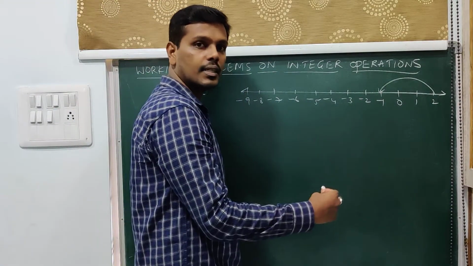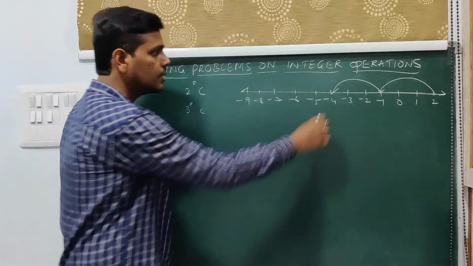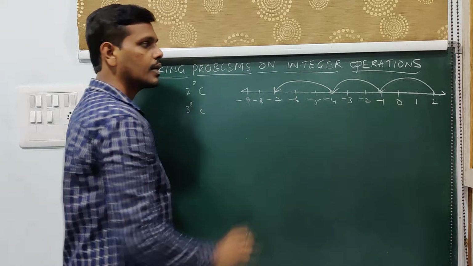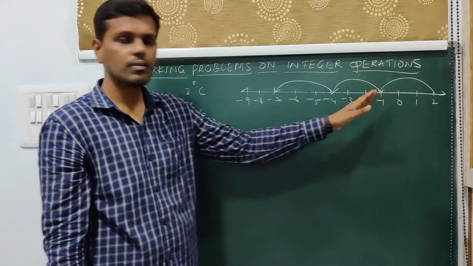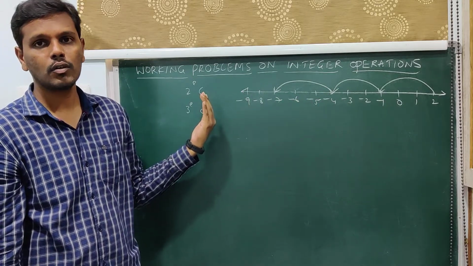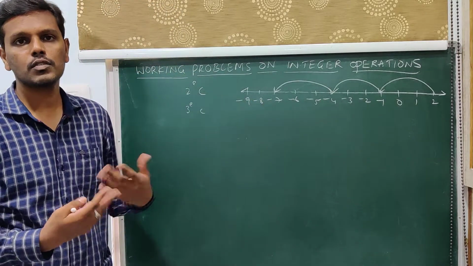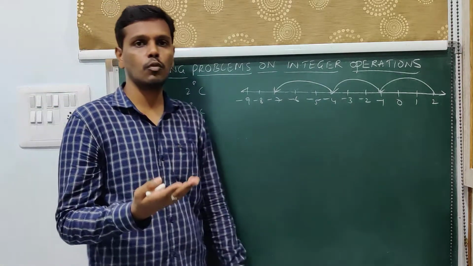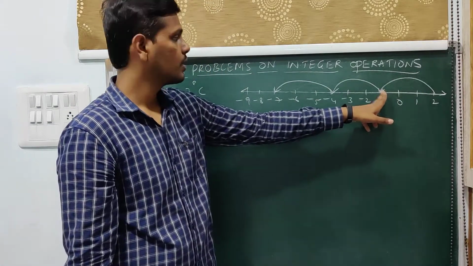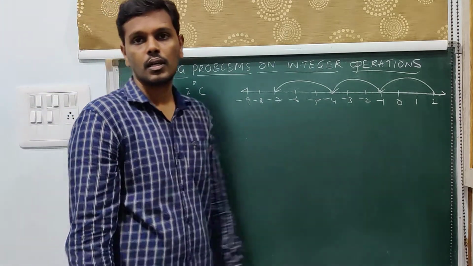Now after the second day again 3 degrees gets reduced, so 1, 2, 3. Again after the third day it comes over here, and likewise 3 degrees keeps reducing. Now if you move on after 14 days you will find the actual temperature after 2 weeks. That is the way we go about. 2 weeks is 14 days. A week has 7 days, so 2 weeks is 14 days. Likewise we have to go 14 days in this manner. So this is after the first day, this is the second day, third day. Likewise if you move on 14 days, then you will get the temperature after 2 weeks.